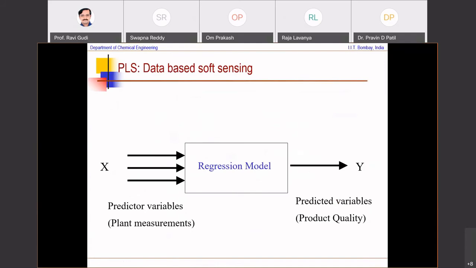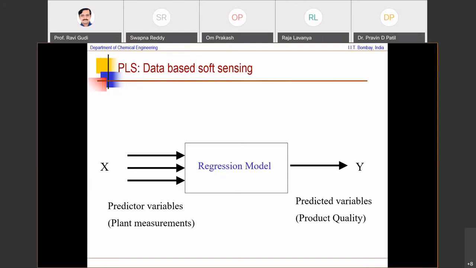The PLS algorithm is used when not only my X block is collinear and noisy, but my Y block is also collinear and noisy. Now you may be surprised as to why the Y block is collinear. So far we have assumed Y to consist of only one variable, whereas here Y turns out to be collinear, meaning it has more than one variable.